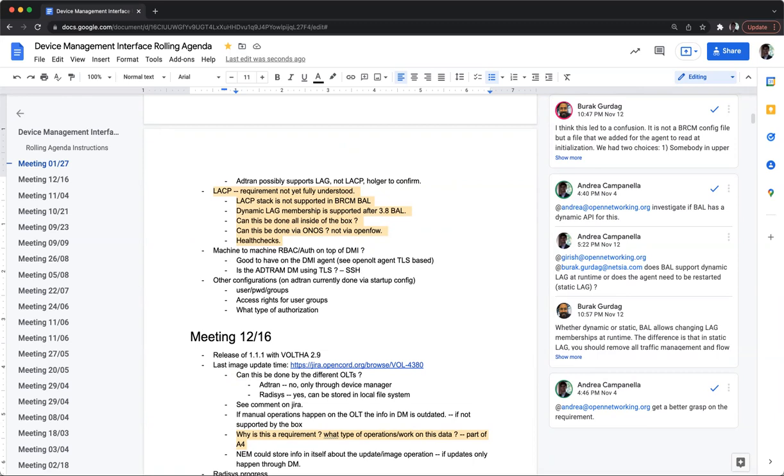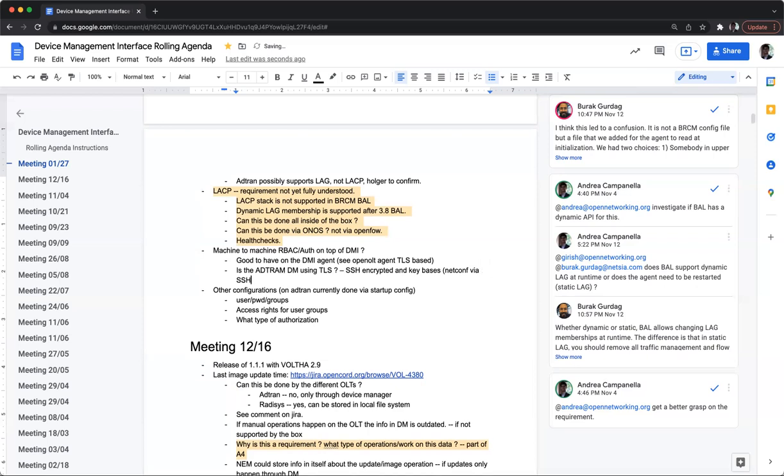It's encrypted, so it's key based. We're using NETCONF, and NETCONF has two options: NETCONF via SSH or NETCONF via TLS, and we're using NETCONF via SSH here. Okay. And I guess for Radisys, it would be gRPC via TLS? Most likely, yes.